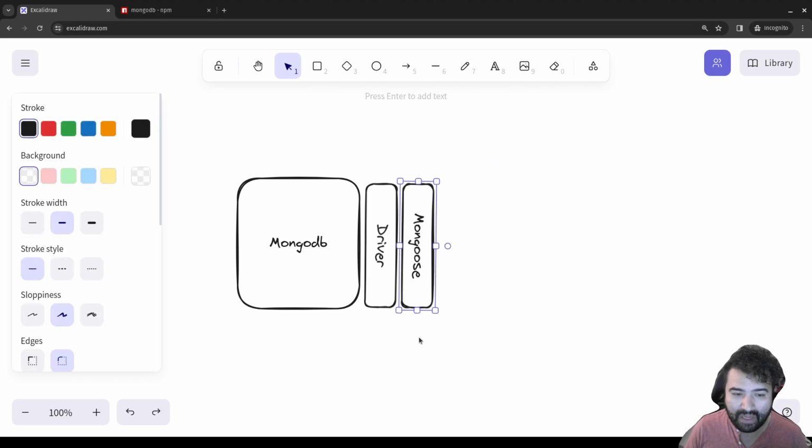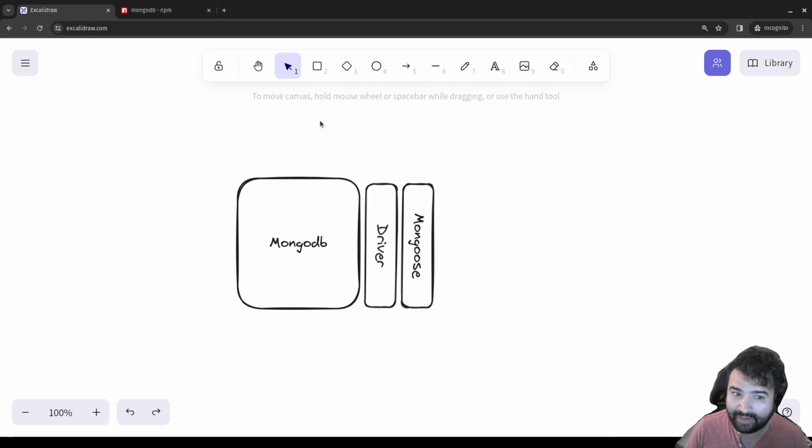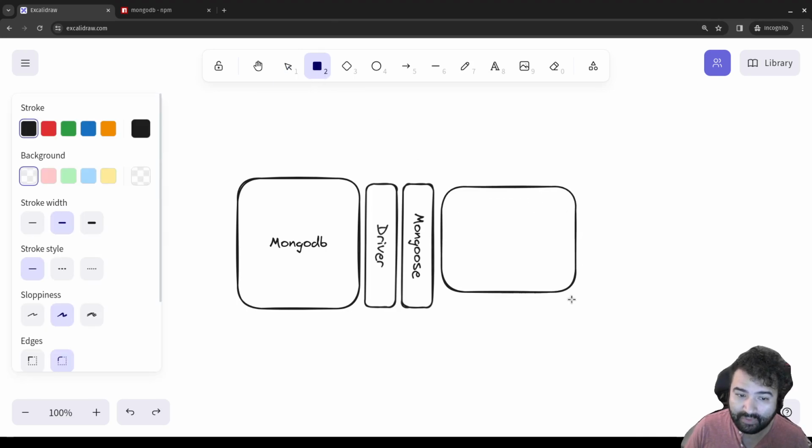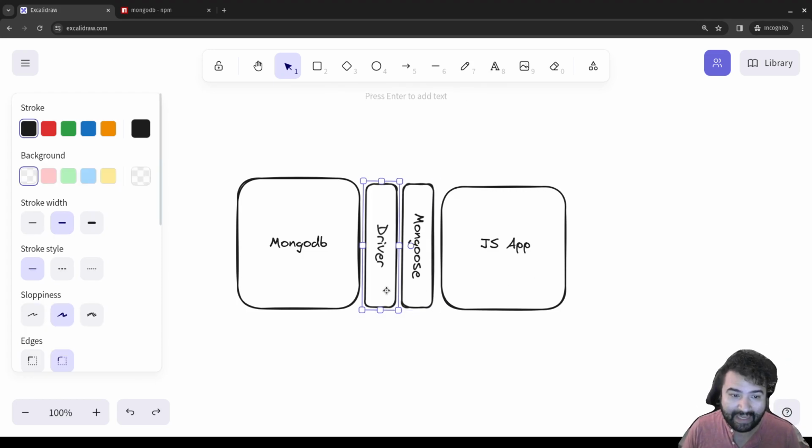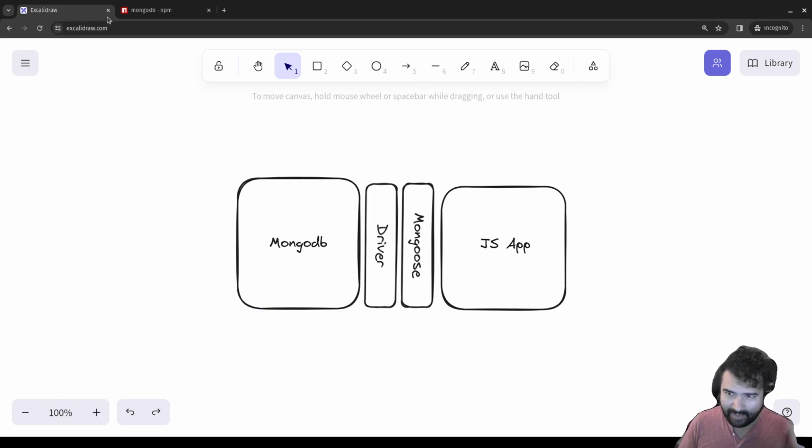Okay, so Mongoose is built on top of the Mongo drivers, and essentially that is what's going to enable you to talk to Mongo from your JavaScript application. So again, just to understand the layers, there's the database, which is a separate running thing. Then there's your app, that's a separate running thing, and they're able to talk to each other through Mongoose, which is built on top of the drivers, and this builds the pipeline between the two. Okay, just so you can understand how all these pieces are fitting together and why we're doing things the way they are. Okay, so now that we have that mental image,